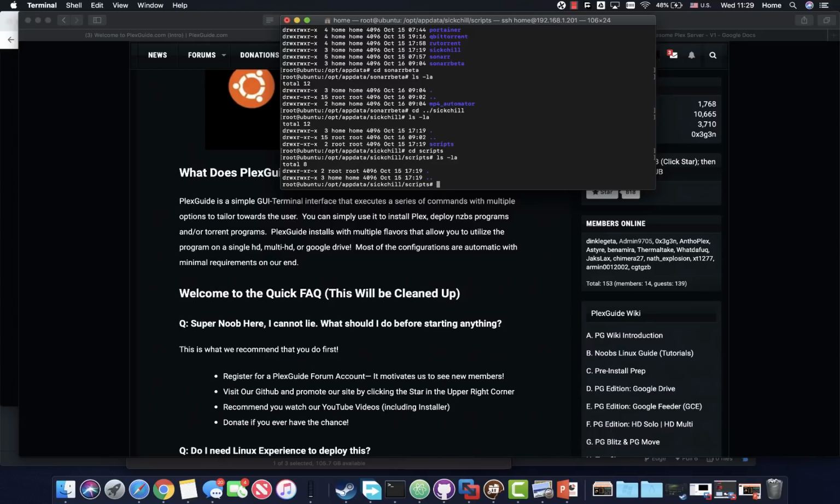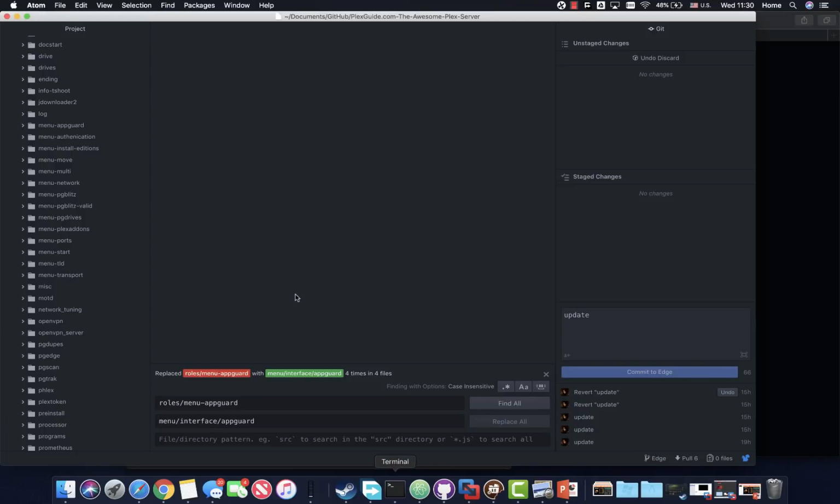This is Ansible right here. This took me a while to wrap my head around, but some of you have seen Bash programming, which is scripts, and some of you have seen Python. If you haven't seen Python, it's okay. But Ansible is basically kind of like an in-between that I've utilized to make everything execute. So if I pull up Atom here and we look at one of these scripts,